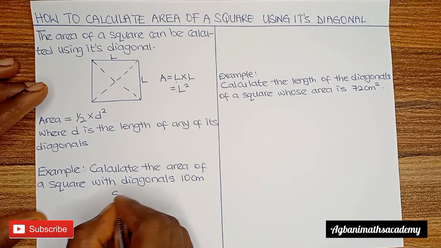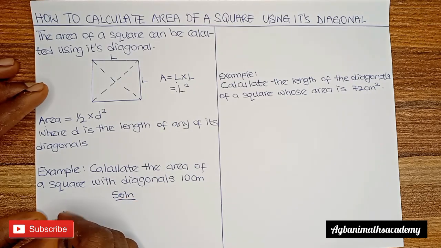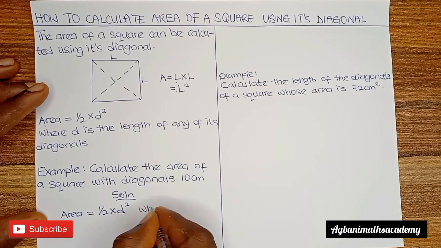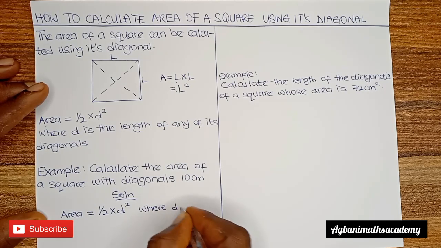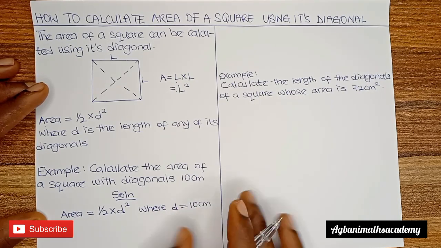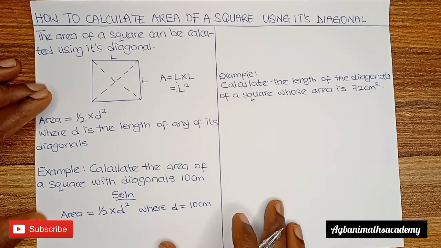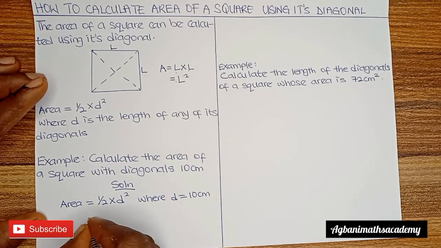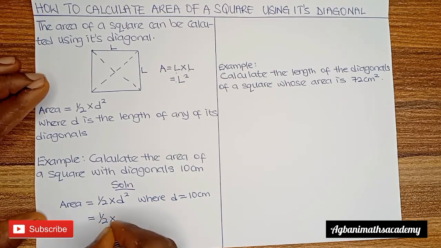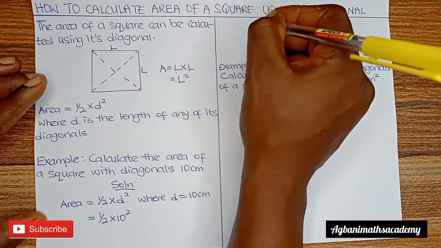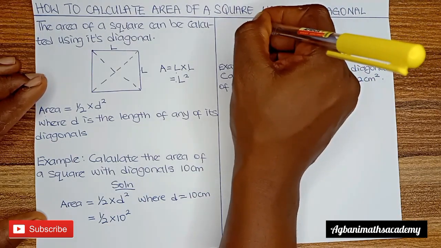So solution, area is equal to half multiplied by d squared, where we are given our d to be equal to 10 centimeter. So on the formula, wherever we see d, we are going to put 10. So this is equal to half multiplied by 10 squared. 10 squared is 10 multiplied by 10, which is 100. So we have A is equal to